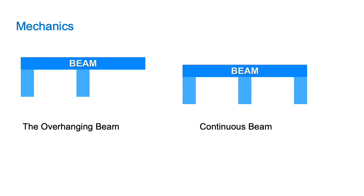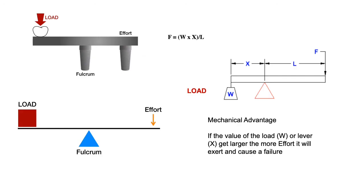Before we go into this, we have to understand very, very basic mechanics. What we have is the overhanging beam, and what we really want is the continuous beam, so the support is evenly distributed everywhere. Everyone brought their calculators, right? Good. All right, so what we're going to talk about is the idea of a fulcrum, an arm, and a load, okay? We'll start off here where you have your load, you have your fulcrum, and you have your effort. Your load is what you're biting on. The fulcrum is the point of pivot,